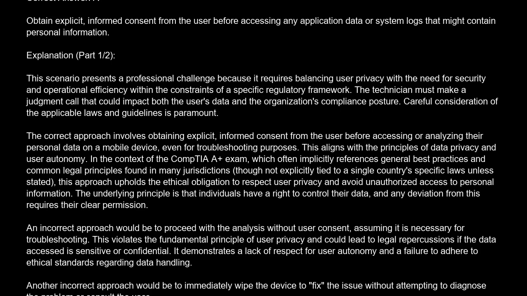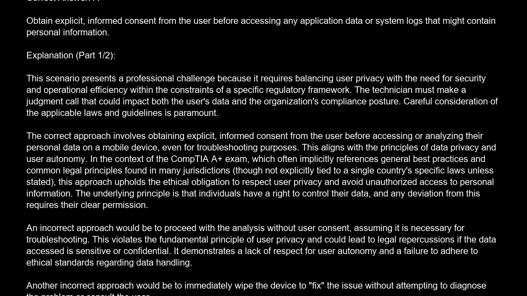In the context of the CompTIA A+ exam, which often implicitly references general best practices and common legal principles found in many jurisdictions, though not explicitly tied to a single country's specific laws unless stated. This approach upholds the ethical obligation to respect user privacy and avoid unauthorized access to personal information. The underlying principle is that individuals have a right to control their data, and any deviation from this requires their